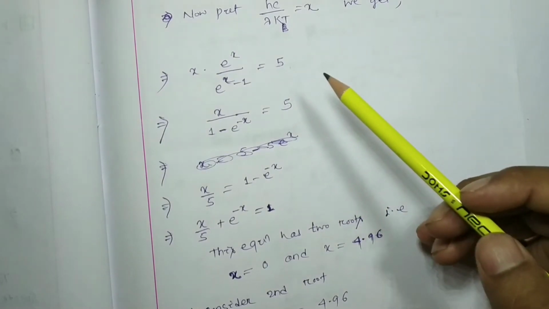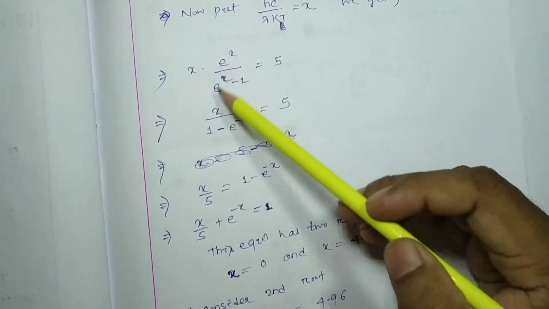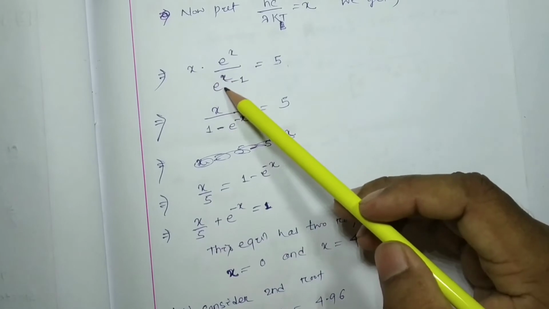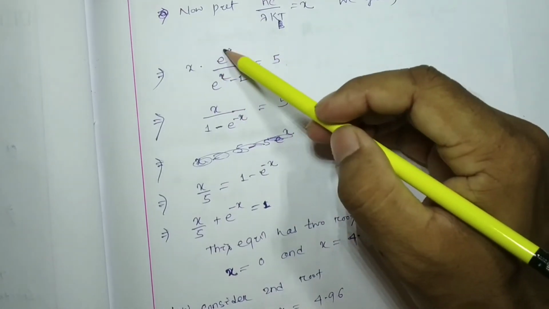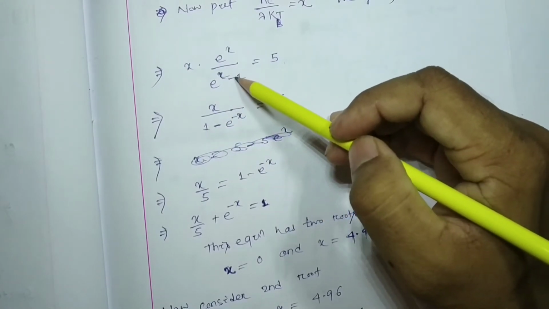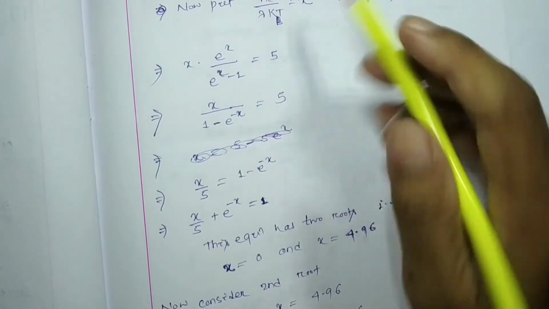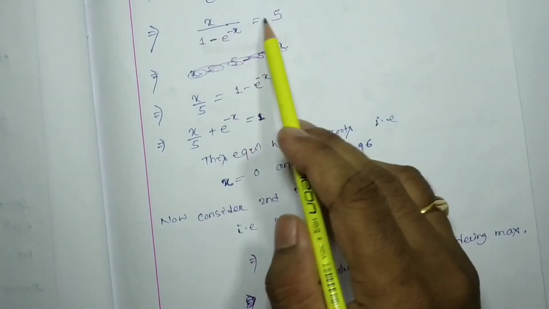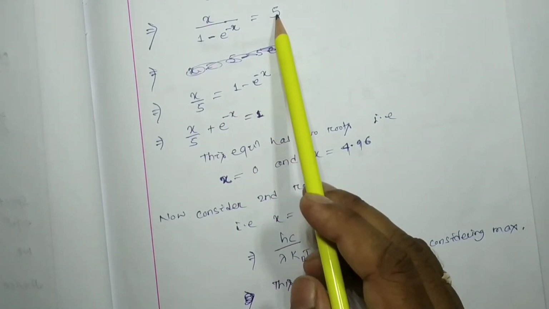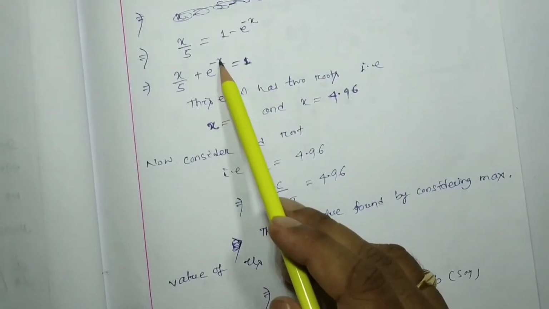So that implies it can be written as, here first you divide by e to the x in numerator and denominator, we get x divided by, dividing this numerator by e to the x means it will be 1, again with this term it will be 1, and with this term if I divide by e to the x then it will be e to the minus x, okay, equal to 5. So here this can be written as x by 5 equal to 1 minus e to the minus x. Just 5 is taken this side, and this is taken this side. So it will be x by 5 plus e to the minus x equal to 1.